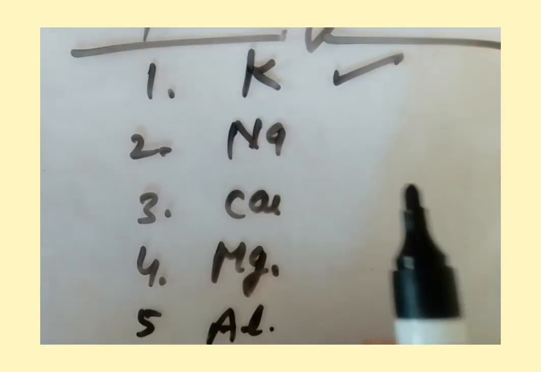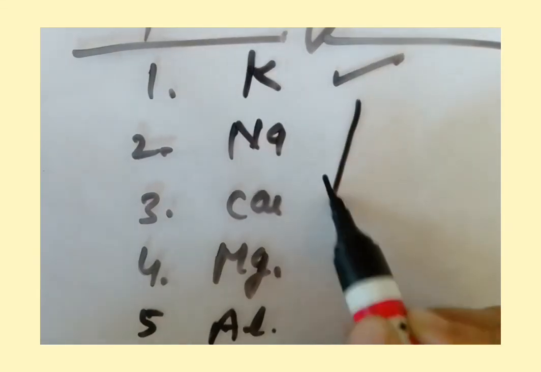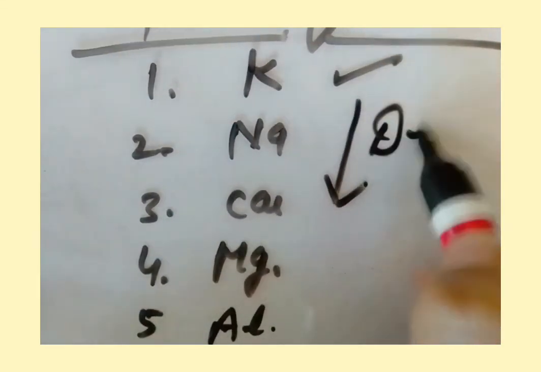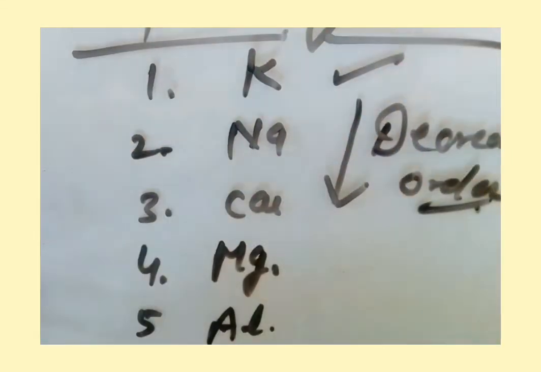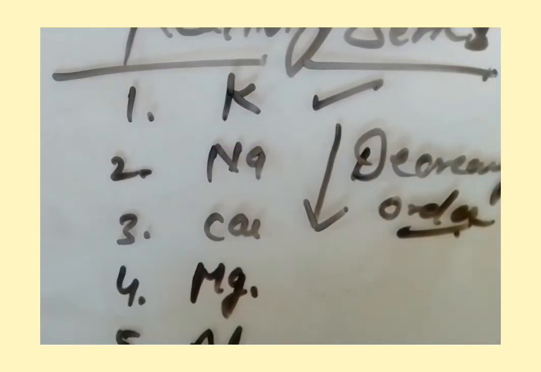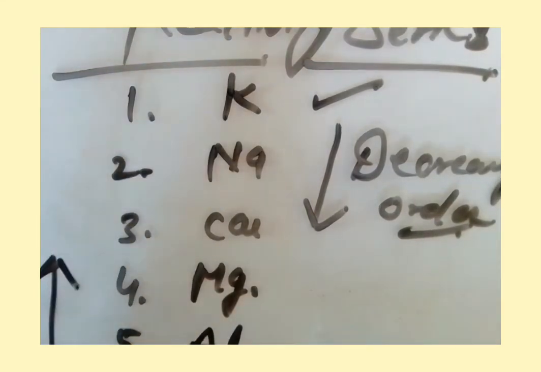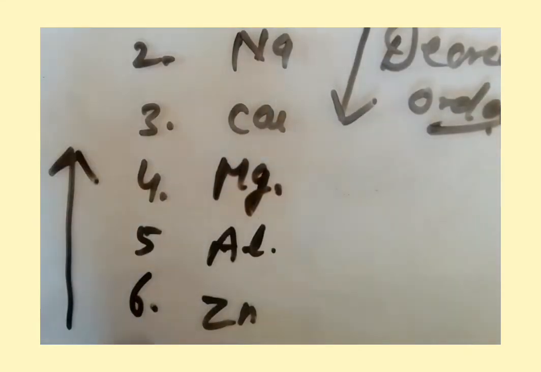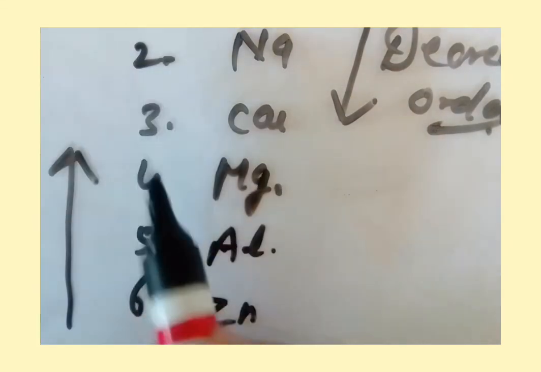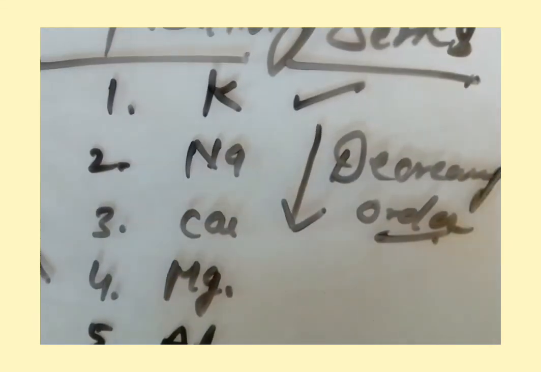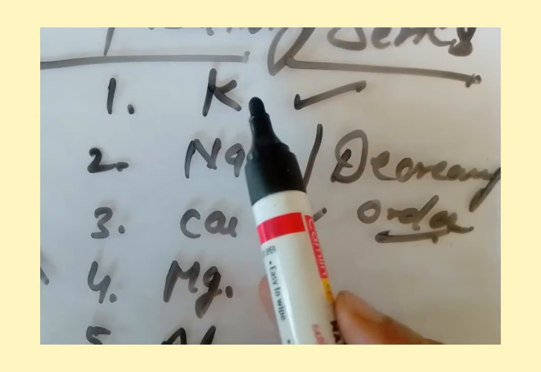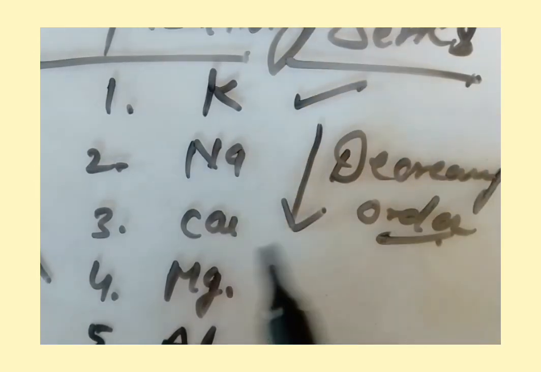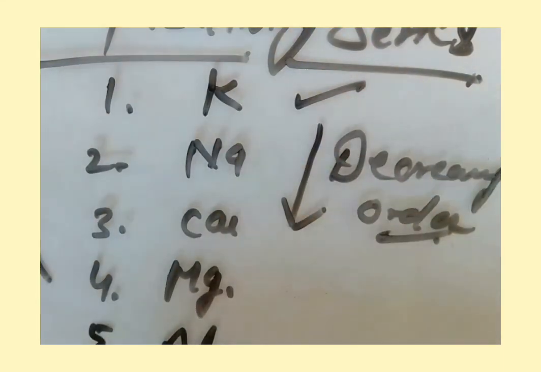So what does it mean? This is showing the decreasing order of reactivity, right? And here if I place this arrow in this direction, then this will be the increasing order of reactivity. Here potassium is most active, occupying first position, then sodium will come, then calcium, then magnesium, then aluminium and zinc. So learn this activity series,